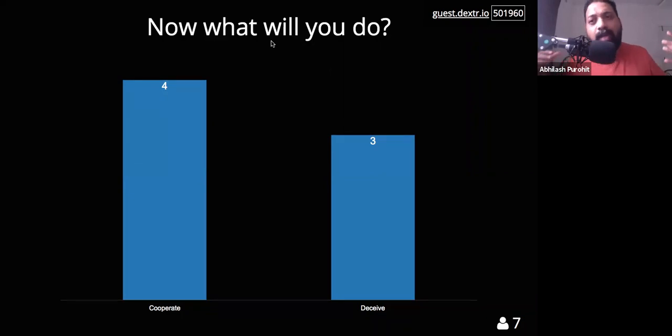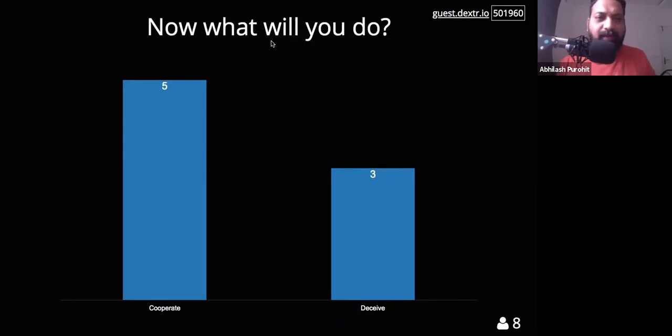So what I'm doing is I'm piling on more and more information as people are voting. I'm no longer commenting about the vote. I've already done that. Okay. And what happens is if a few more people could vote, I can take this in the right direction. Don't vote to sway the vote. Vote your mind. Now that you know you cannot talk to each other, would you still cooperate or would you deceive? Right? And what is happening is that I can change this conversation any way I want now.